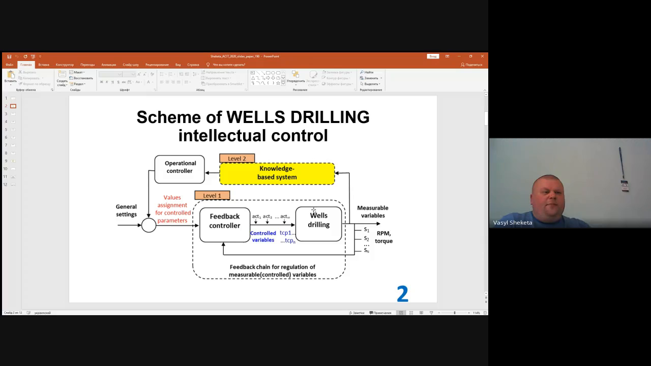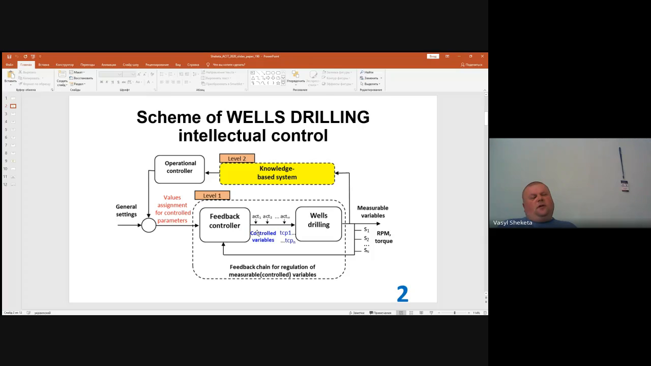So the main point is to control feedback, and we have this feedback in the form of controlled variables. These variables allow us to make some guess about which variables are the output, and this can be controlled by the right assignment of values for controlled parameters. And to make such assignments, operators need some assistance because